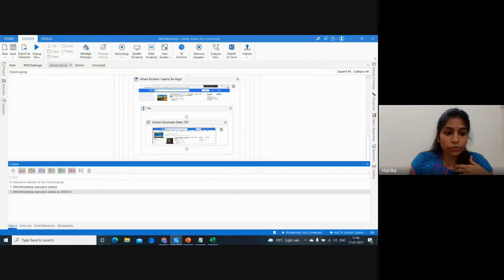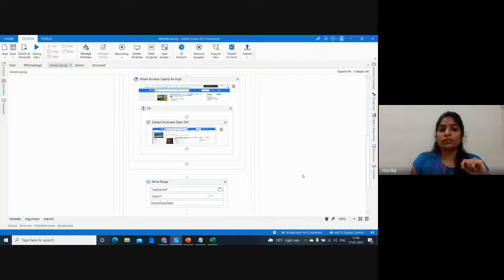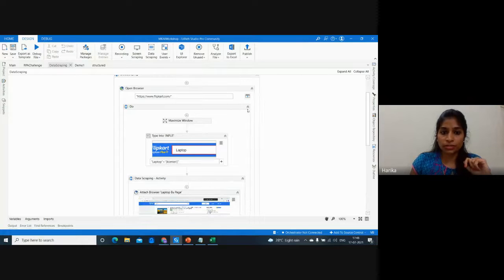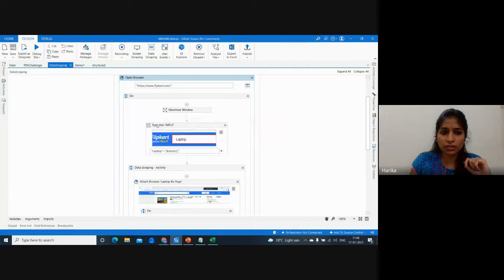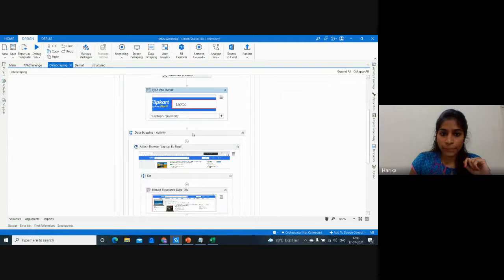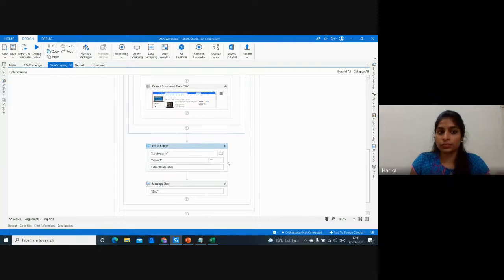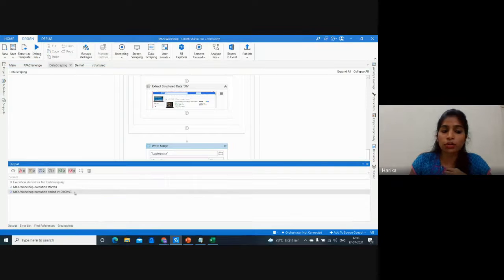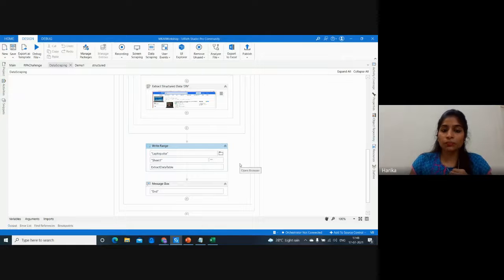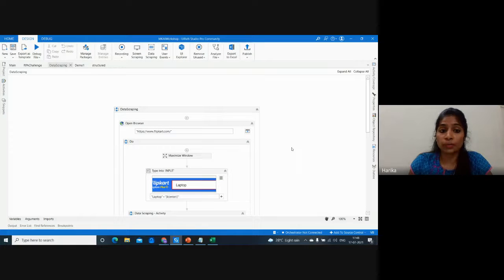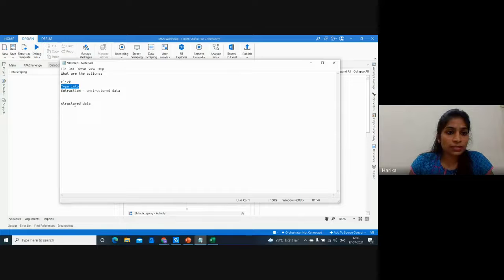So you could really relate how easily we can automate the task, right? If you just observe, we are hardly using 1, 2, 3, 4, 5 activities in order to do this particular operation, right? And also it's not taking more than a minute. So that's how quickly we can create automations by using UiPath, and the work is also done very quickly. So now we have seen how to extract the data using structure, which is by using data scraping,